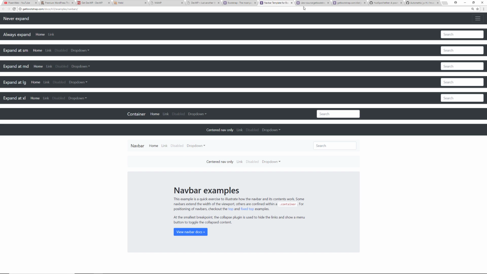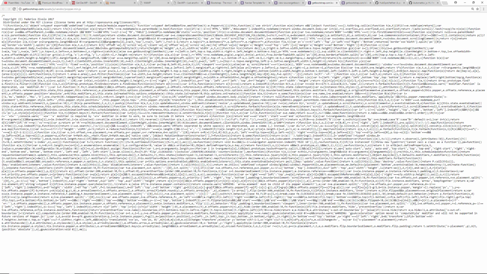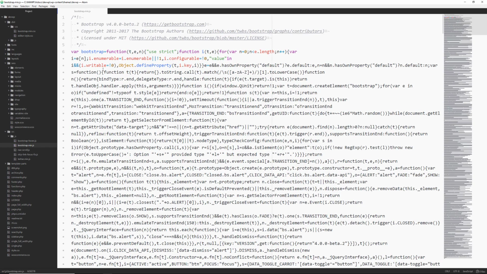Alright, so another thing that we want to do is we're going to go over here and take a look at the popper.min.js file. The one that Bootstrap uses itself is a little bit different from the one that's released from Popper itself. So what I do is I just copy the one that's being used on the examples by Bootstrap. So Control or Command A to select all, copy it, go back to your text editor, and we're going to